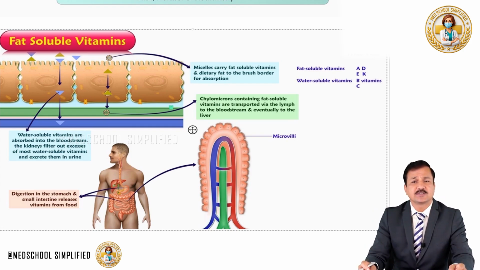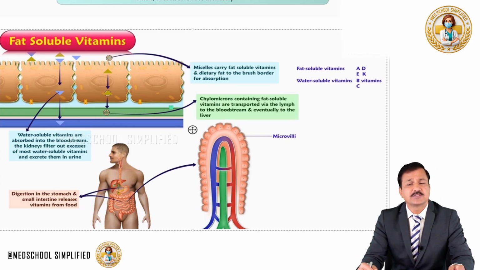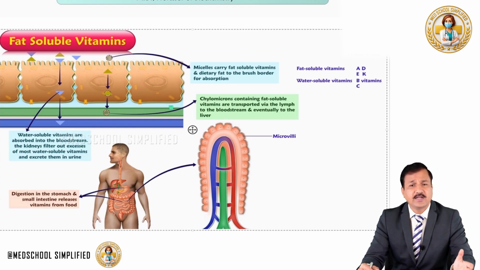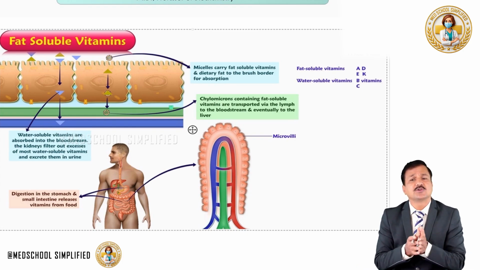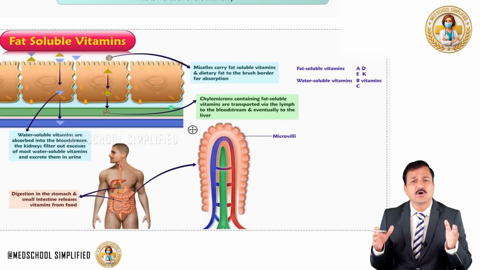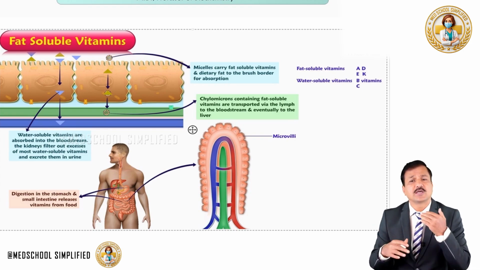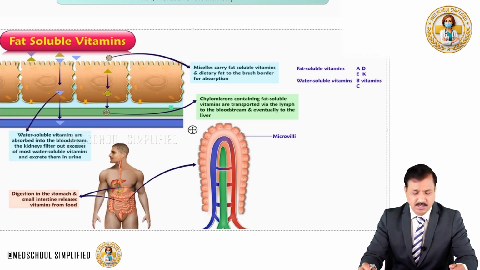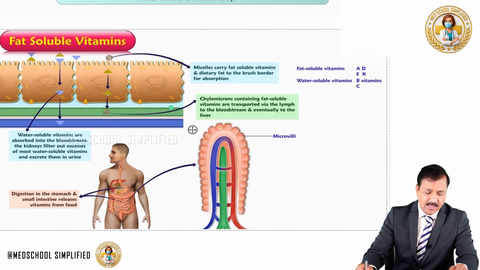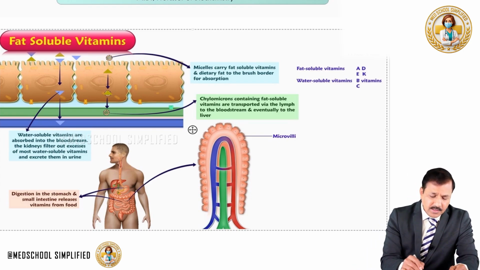And then they need to be digested. So some of the fat soluble vitamins, if they have any fatty acid attached to them with an ester bond, that has to be separated. So it has to undergo a simple digestion process there, and then they need to be absorbed. How exactly does that happen? As you see here,